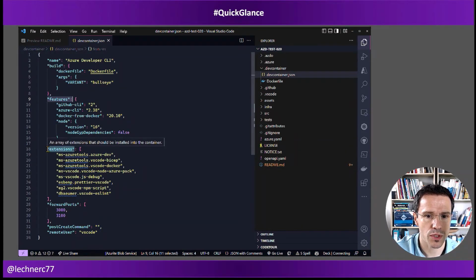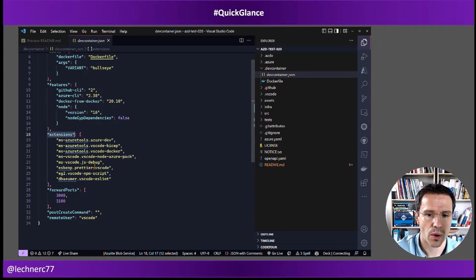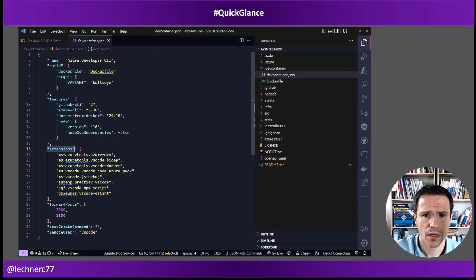And that's, of course, also then reflected in the extension sections. So if you have an older sample, you can compare that, and you will see that those two are different now. As you can see, some versions have not yet been updated, so I think Azure CLI is already at 2.40. I guess that will come with one of the upcoming releases. Now,